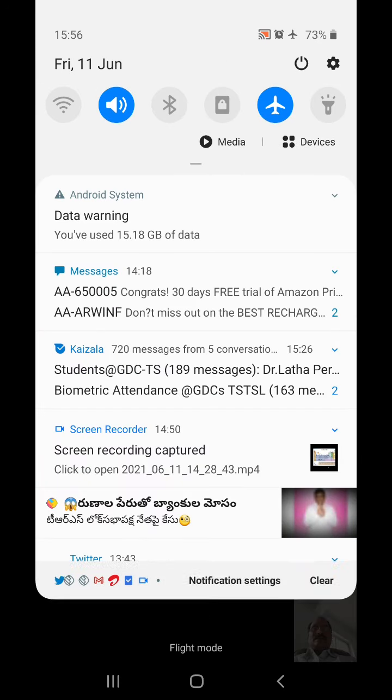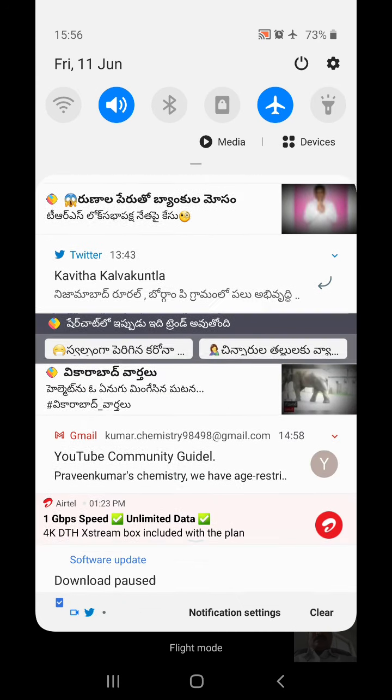Before that, I am giving you a small idea about oxyacids. What is an acid? An acid liberates H+ ion. Whenever a hydrogen atom is bonded with a more electronegative atom like oxygen or fluorine, then the hydrogen is liberated as H+. These are called oxyacids. In my next class, I will explain oxyacids.